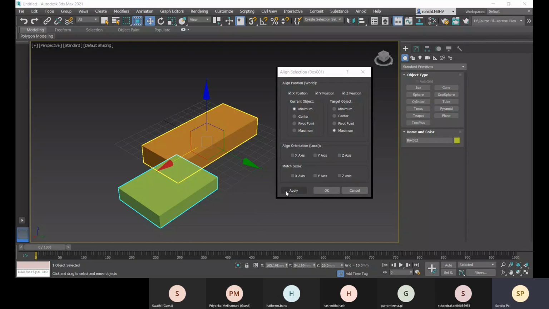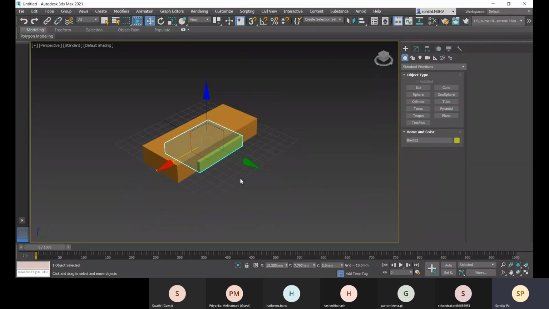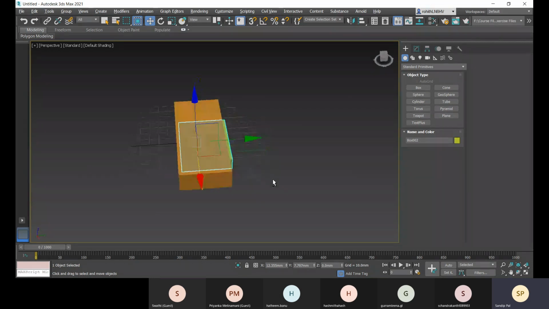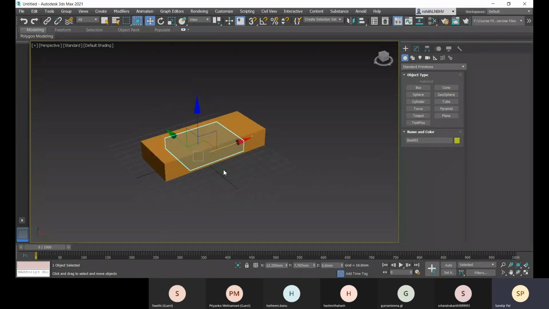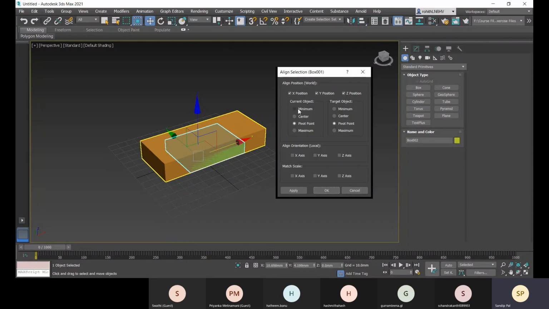Then you can click on apply. Just a second, let me get a position where you can see it properly. Go for align, selecting that object, go for align. Let me select this object, and about the X position, Y position, and Z position, let's go for the Z position only first.